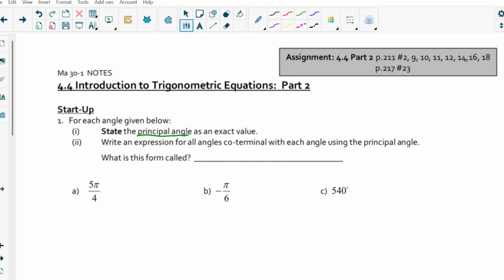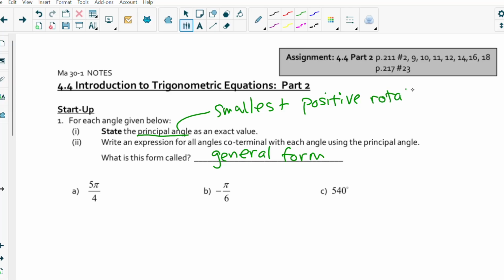What is this form called? This is called general form. Principal angle is the smallest positive, that's the key, smallest positive rotation angle